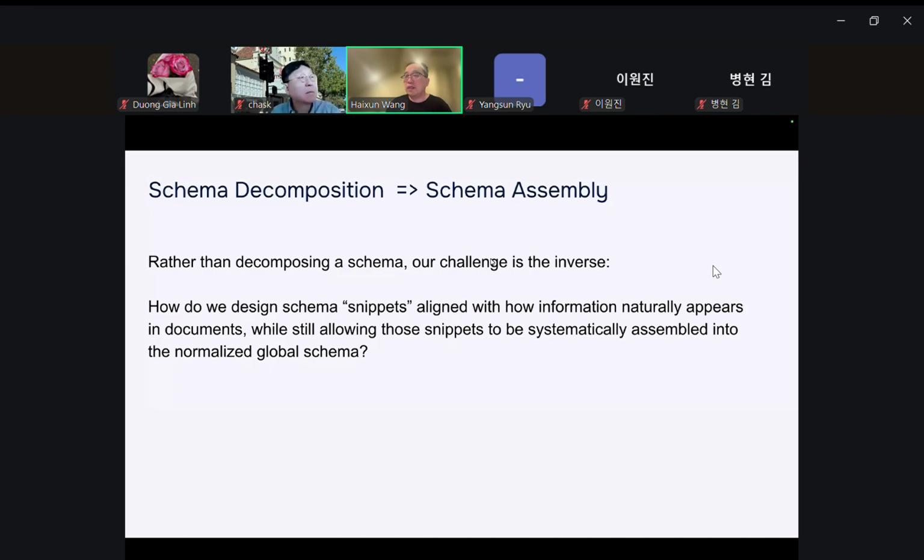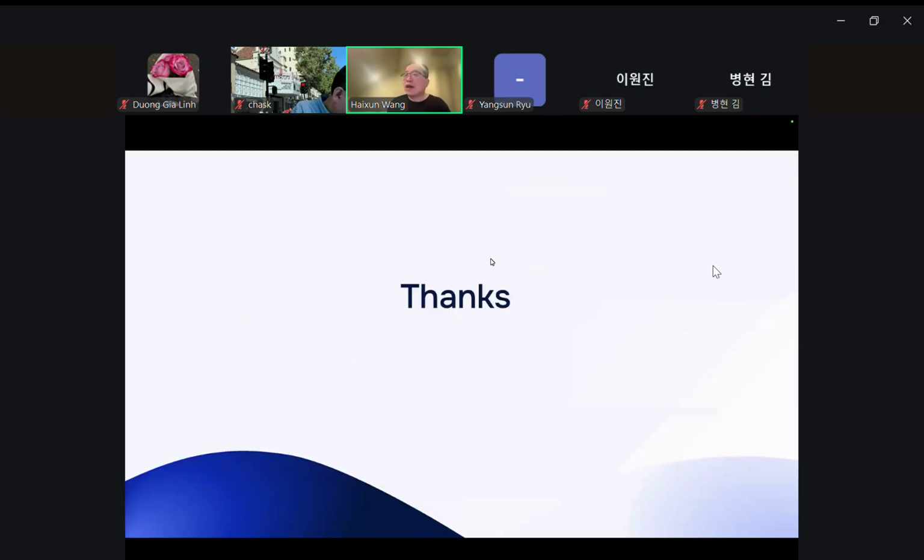So it's a local schema design problem, which still needs to maintain the completeness of the information. That's one of the details, and also quite a big challenge in our system. That's all I have.